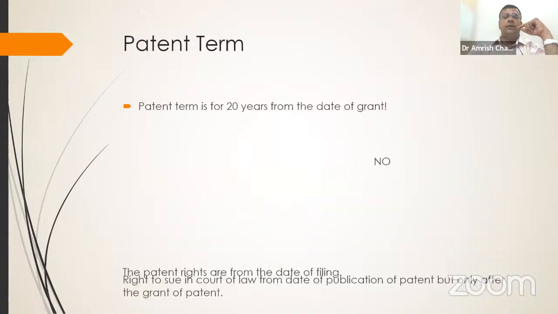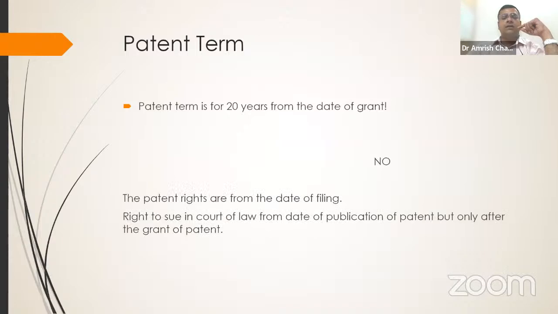The patent term is for 20 years from the date of grant. The answer is that yes, it is 20 years, but not from the date of grant, from the date of filing. तो जिस दिन से आप पेटेंट फाइल करते हैं उस दिन से आपके 20 साल की घड़ी चालू हो